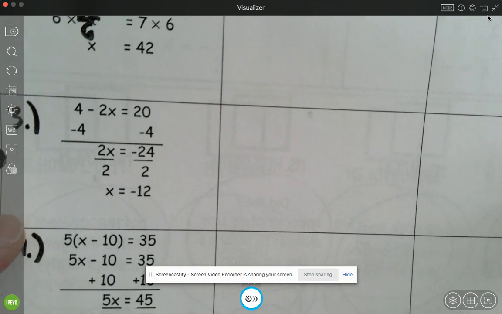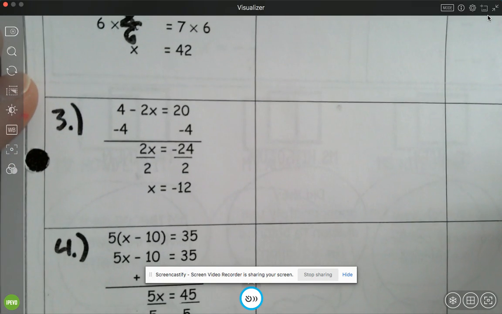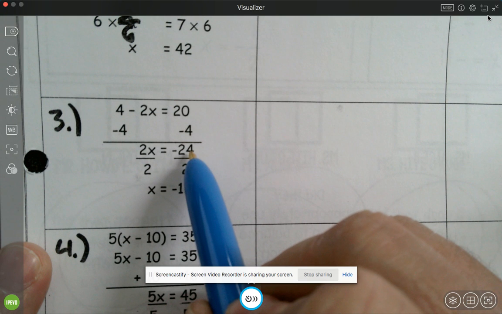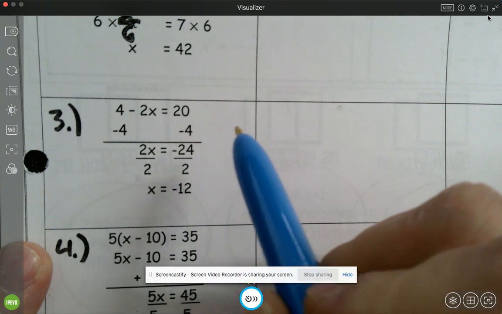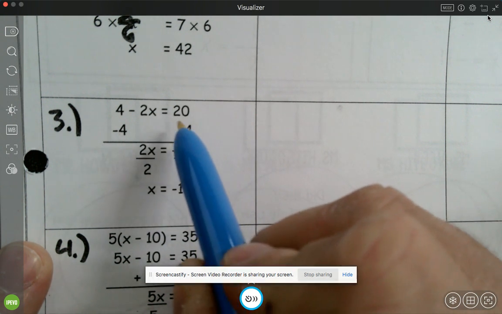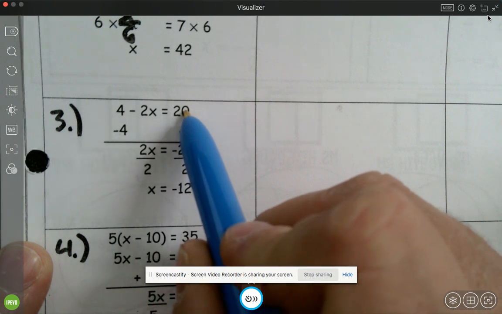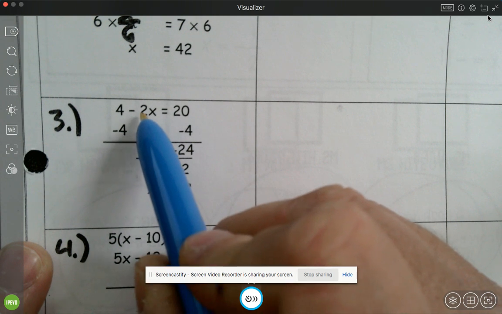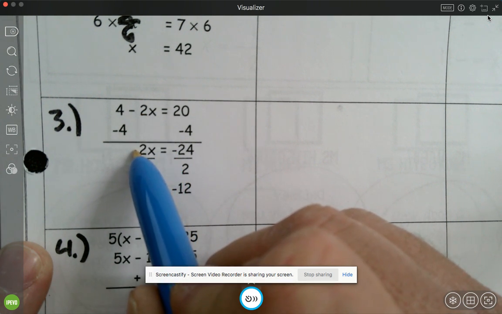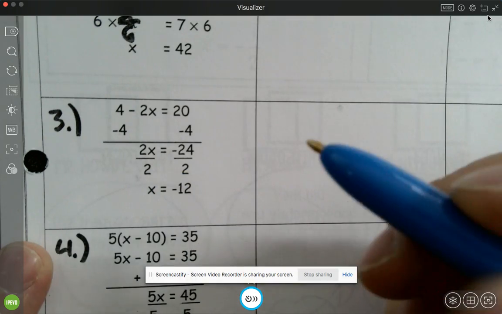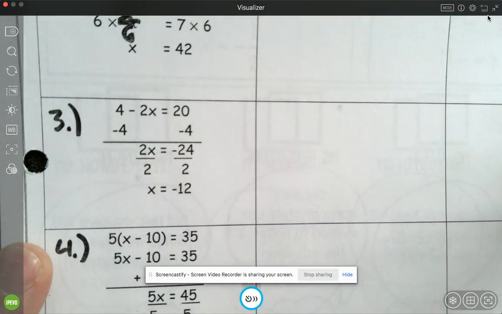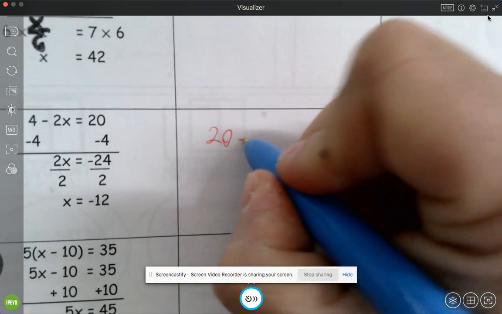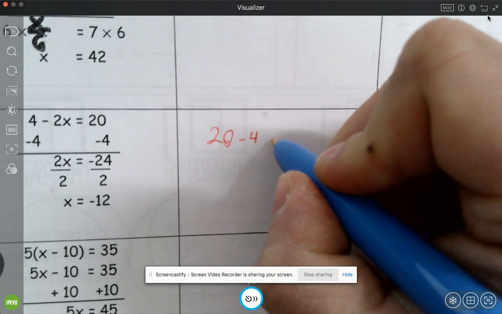That one might be more interesting because I think this is a common mistake here. So this person subtracted 4 on both sides. Oh boy, but there's a few errors here. Geez, so I already see here, is 20 minus 4 negative 24? No. And shouldn't they have brought down the negative 2x? Yes. So I'm going to explain the error. I'm going to write 20 minus 4 should be